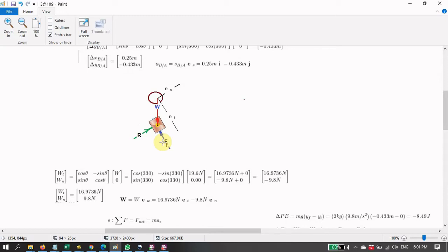In this free body diagram, we're going to look at the forces that act on the particle. We have weight, and we will obtain the component along the fixed rod, which is tangential,